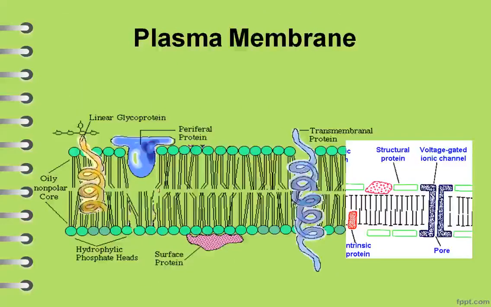Next is the plasma membrane. Plasma membrane is the phospholipid layer in which different proteins are embedded or also present on the surface of the membrane. Some proteins act as a channel through which the drug is absorbed, and some are the structural part of the membrane. The channels present in the membrane are also gated by voltage, ionic or specific chemical.